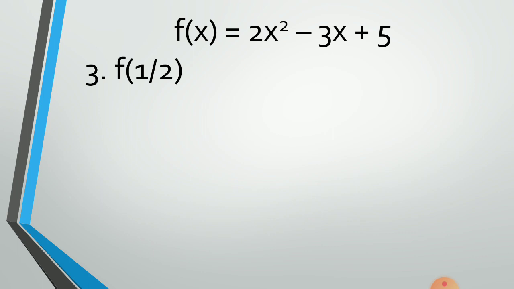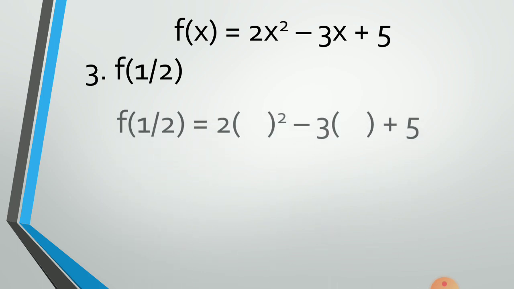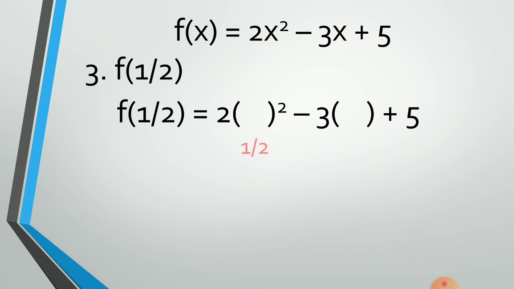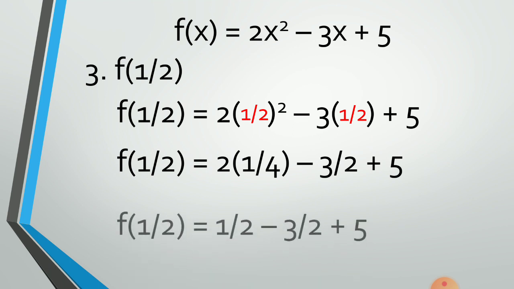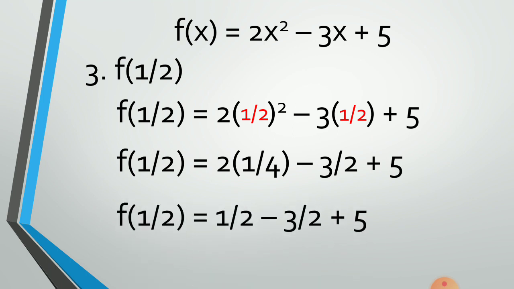Next is f of 1 half. So replace all the variables x with 1 half. Then that will now be 2 times 1 half squared minus 3 times 1 half plus 5. Simplify further. 1 half squared is 1 half times 1 half, which is equal to 1/4. Then negative 3 times 1 half is negative 3 halves. Then copy plus 5. So 2 times 1/4 now, that is 2 over 4, or when you simplify it,